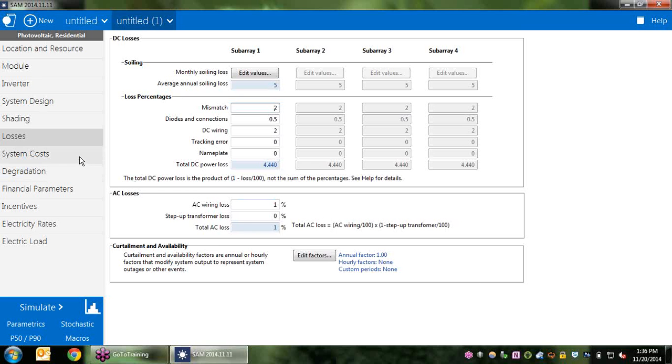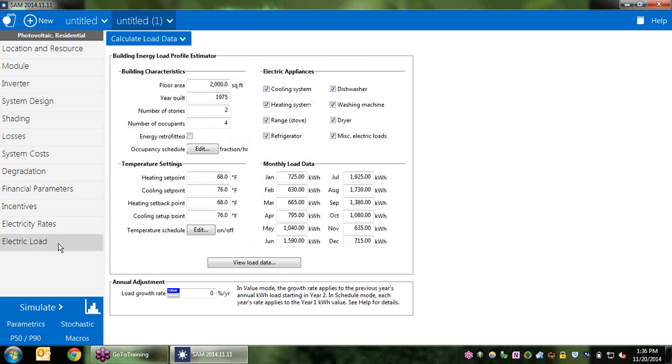The financial pages I'm going to mostly skip over because they've remained largely the same, although they have been cleaned up a little bit. And I'm going to go down to this electric load page. The electric load has 3 options in this, again, model switching drop-down menu. You can select that there's no load for your system. You can select to input the load data yourself, or you can use this load data calculator shown here, which